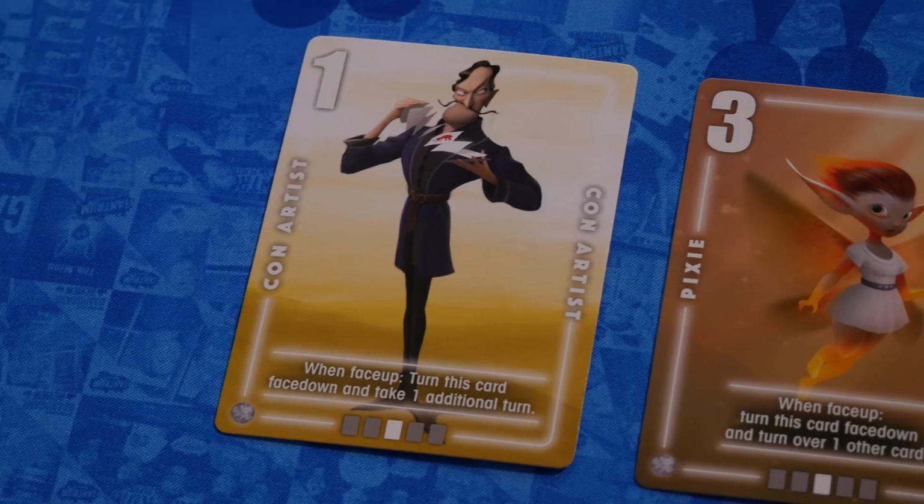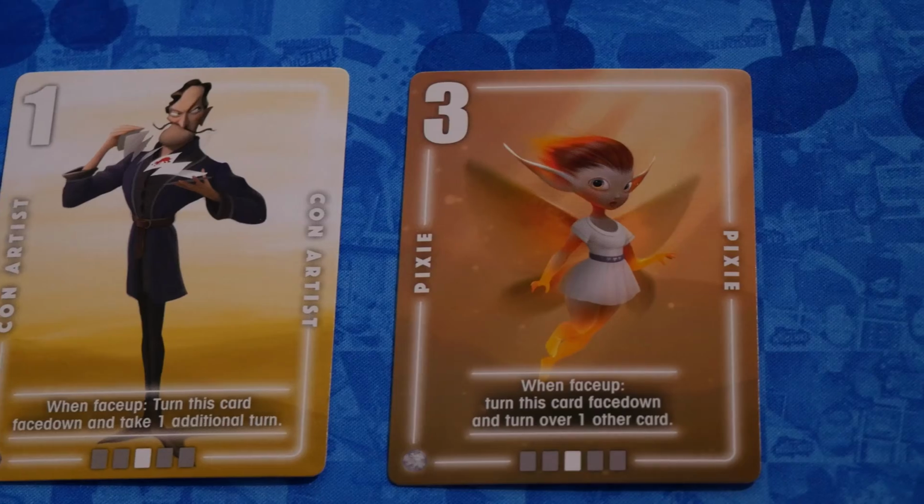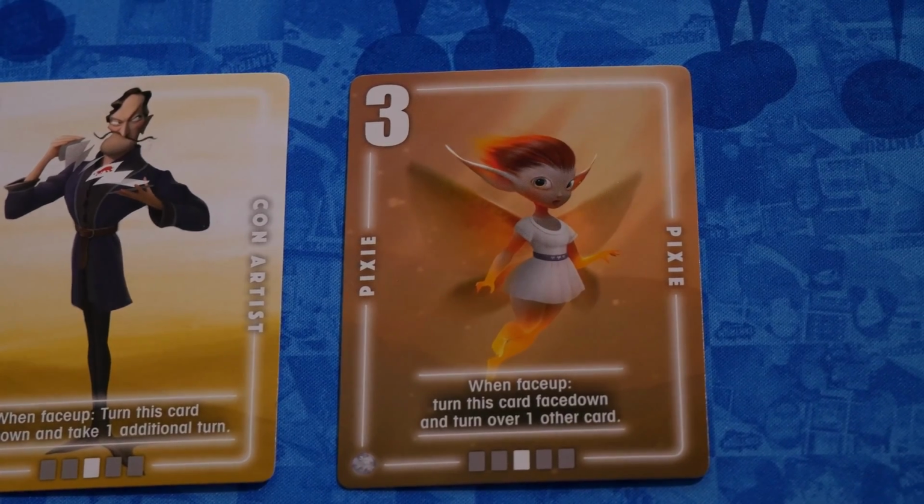There are so many cards that are going to give you the ability to flip yours and other players' cards, such as the Con Artist. You can flip it down to take an extra turn. The Pixie, you flip down to flip any other card in any village, up or down. So maybe you flip your Con Artist, use your Pixie to flip it back up, and later you can take